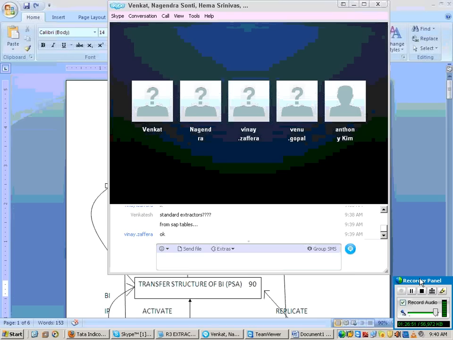So I'll extract data from sales data sources and put it into sales cubes of BI. Then we extract purchase data and put it into purchase cubes of BI. If they both have a common object, we will create one multi-provider on the BI side. On this multi-provider, we start generating the report.